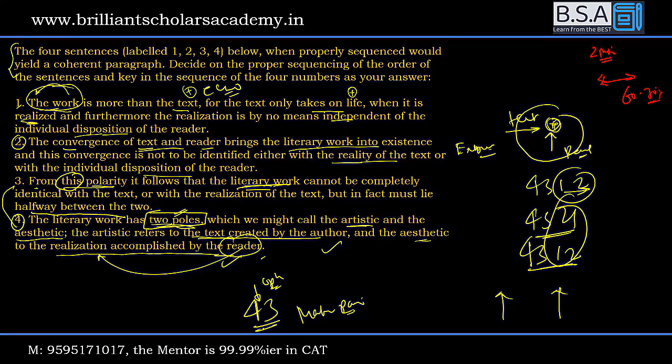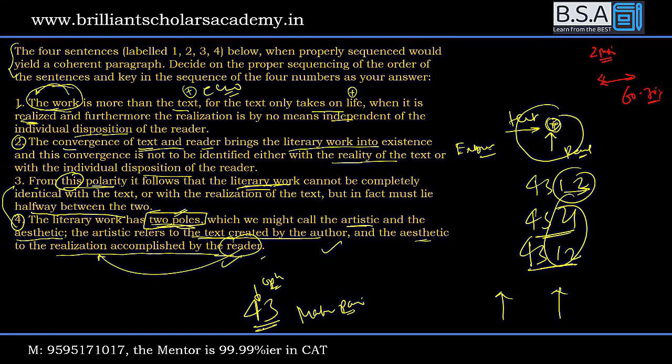Confirm your answers. वन और टू ऑलमोस्ट सेम बातें कर रहे हैं. जो सेंटेंस 2 है वो एड अप कर रहा है फर्दर जो 1 में कहा, उसे और एलैबोरेट कर रहा है. 4 3 1 2. आपने लास्ट वाले मिस किया, दैट इज ओके. पहला आपने आइडेंटिफाई किया, दैट इज फाइन, दैट इज ओके.